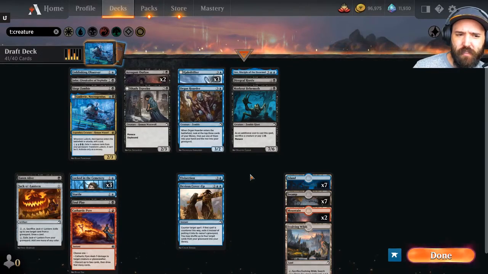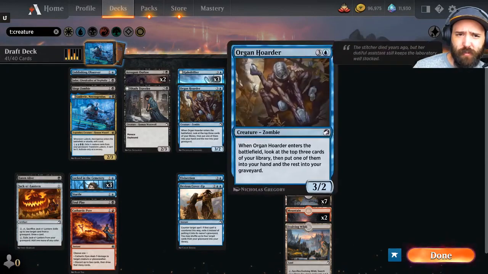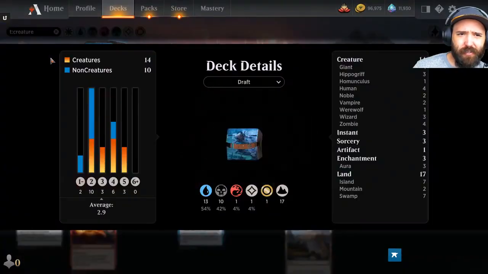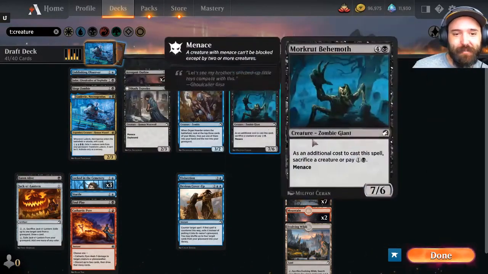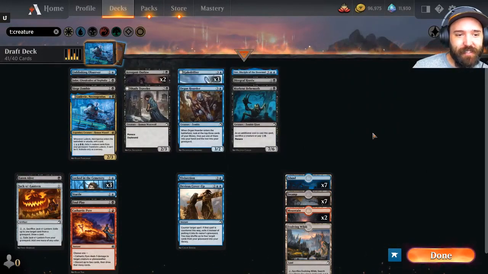This is too many Locked in the Cemeteries. Am I maybe not supposed to play one of these Arrogant Outlaws? They're definitely not that good, but do I want to go to 13 creatures? Not really. I guess maybe you could say the Lantern's kind of a land. I don't think you're supposed to say that and cut a land. Probably not. Not with this curve. I think I'm supposed to cut a real card. And I think that it probably should be...